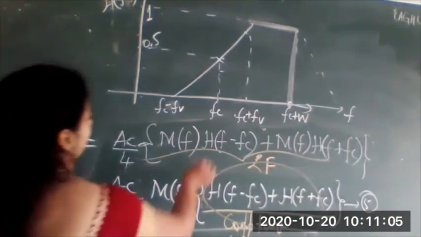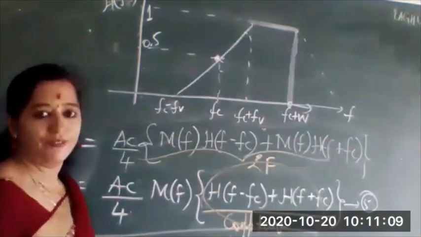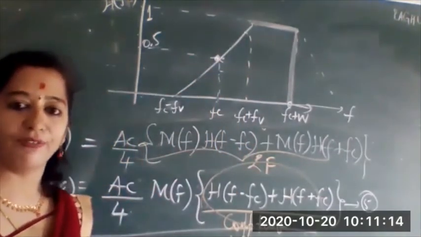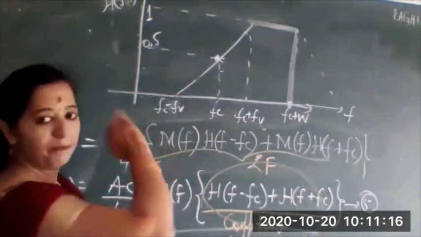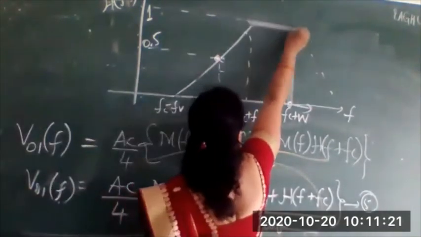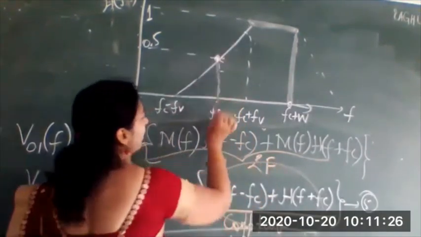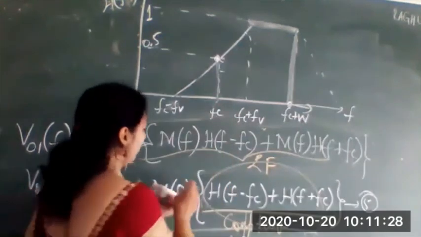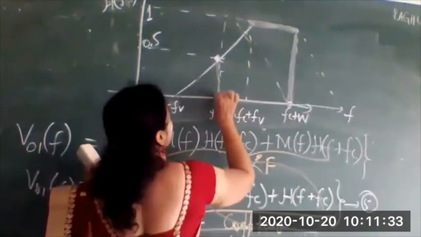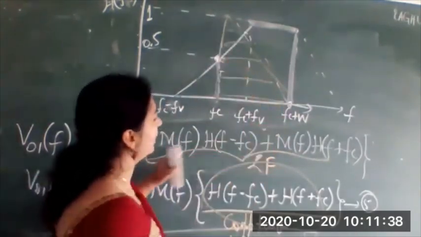You see this point. So this is your transition band of the filter. This slanting line represents the transition band of the filter, the region where the filter rolls off in gain. This is the constant range. So the required sideband, you see the required sideband will exist. If you have the required sideband, it exists something like this, from here to here, right? This whole thing is the required sideband.